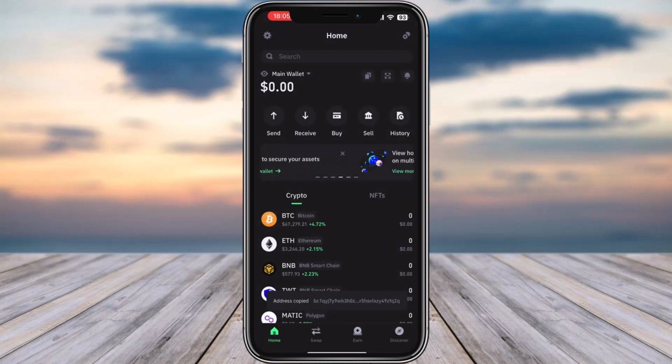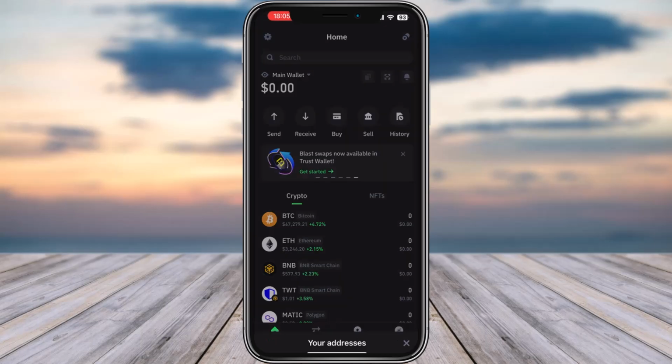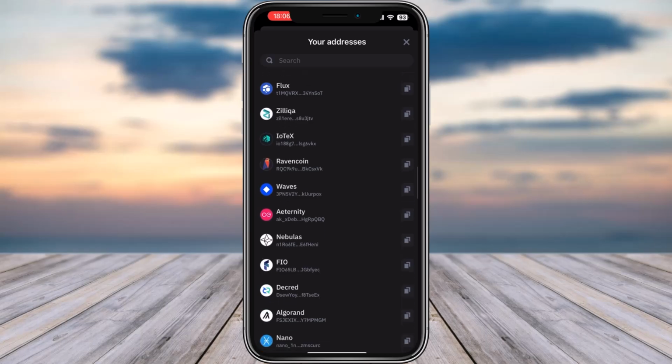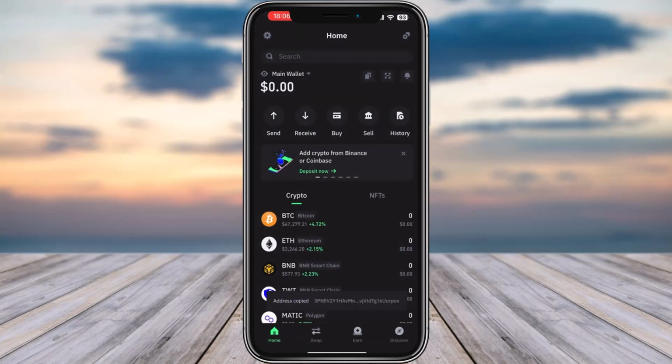You can tap on Bitcoin and you can see your address will be copied right away. You can simply go ahead, paste that, and share that to anybody that you would prefer. You can do that same to others as well from the listing right over here. And once you have copied the address, you are free to paste it and share it and receive the Bitcoin on your Trust Wallet. So that is basically it,